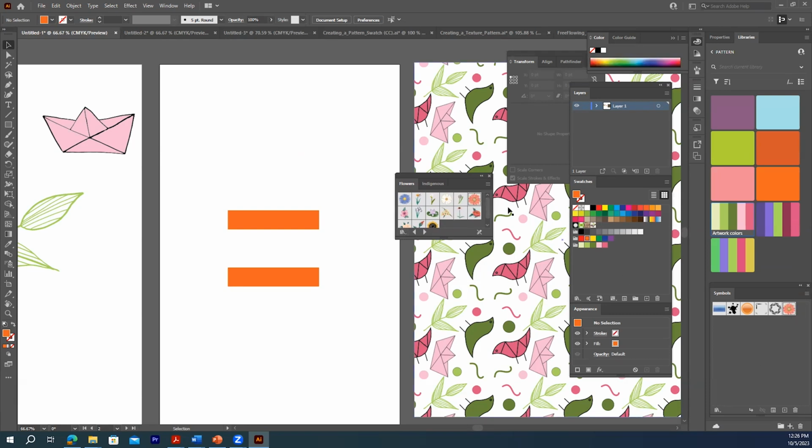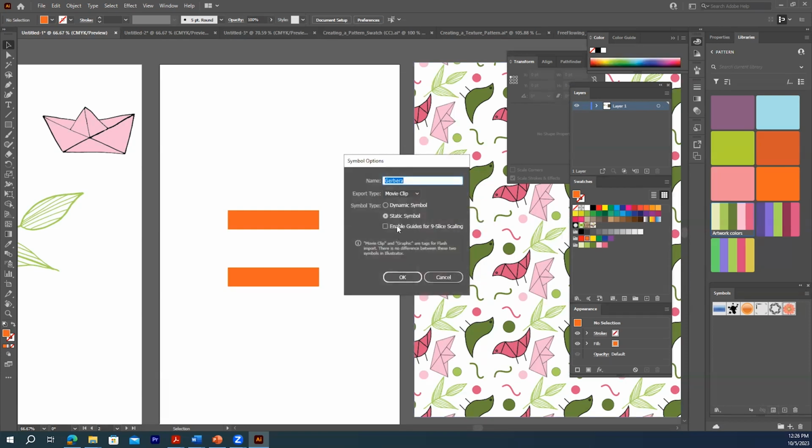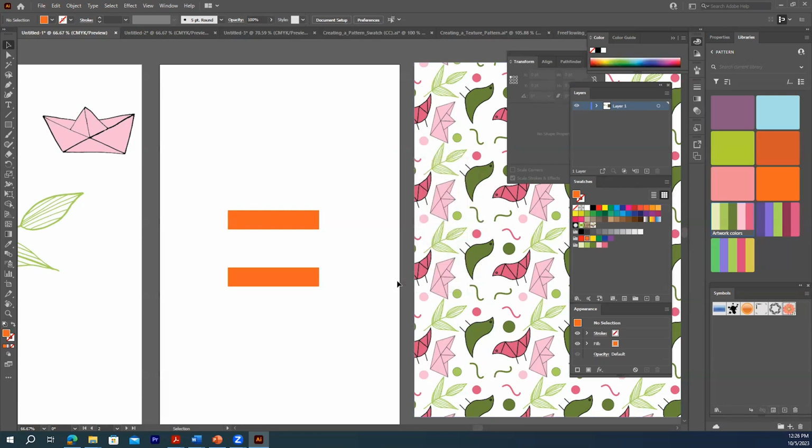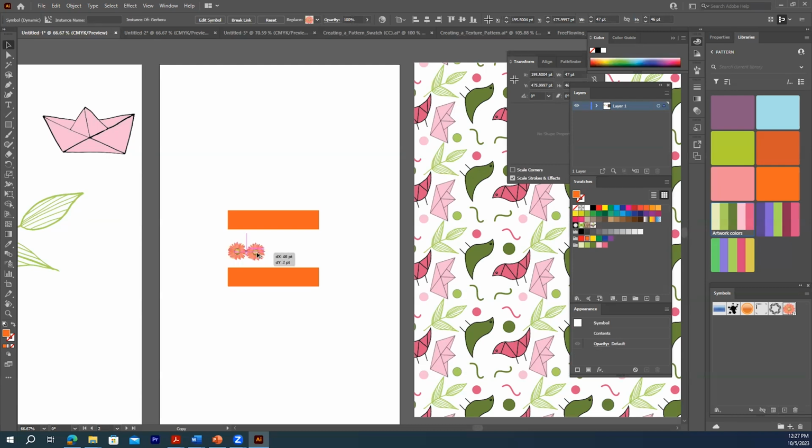And now it's here in my symbols, but it's static. So let me make it dynamic so I can change color. And now place this. And now make a copy of this. Control V,